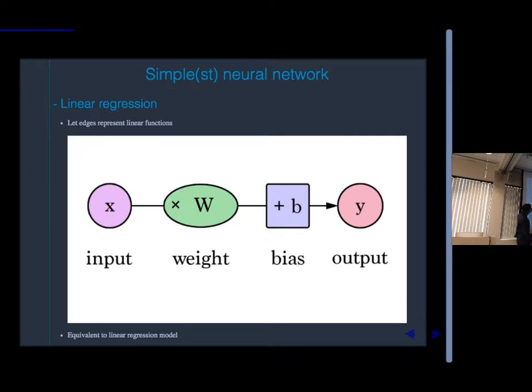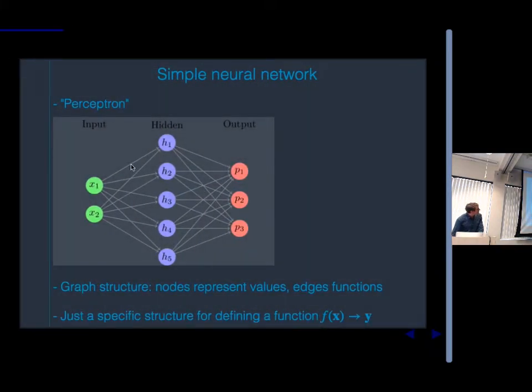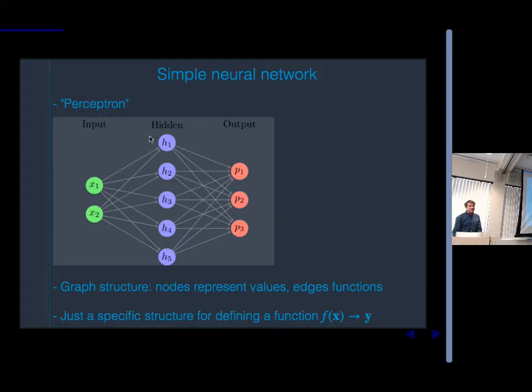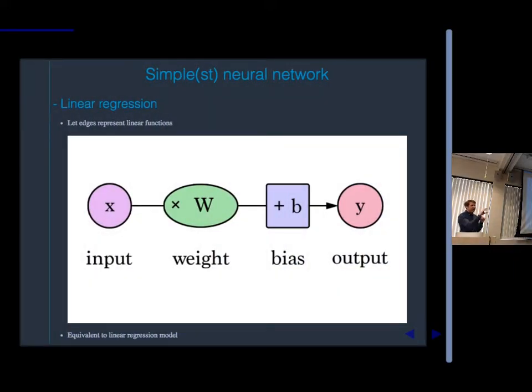So we have an input, we have some sort of weight that we're going to multiply by, just like in this setting here where I have this edge, and I said that maybe you could consider that multiplication. That's what we're going to do here. We just have a single scalar input. We're going to multiply by some weight. We're also going to add a bias term. A lot of the time, people will just leave out the biases in these. But just like linear regression, you just add it in at the end. It doesn't really change any of the mathematics. So we just have these simple operations, and we go from an input to an output. And hopefully people can tell that this is just another way of representing a linear regression model.